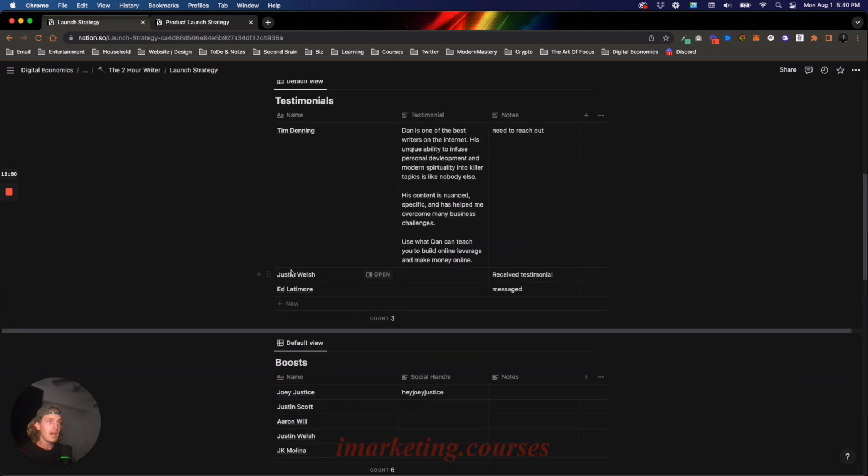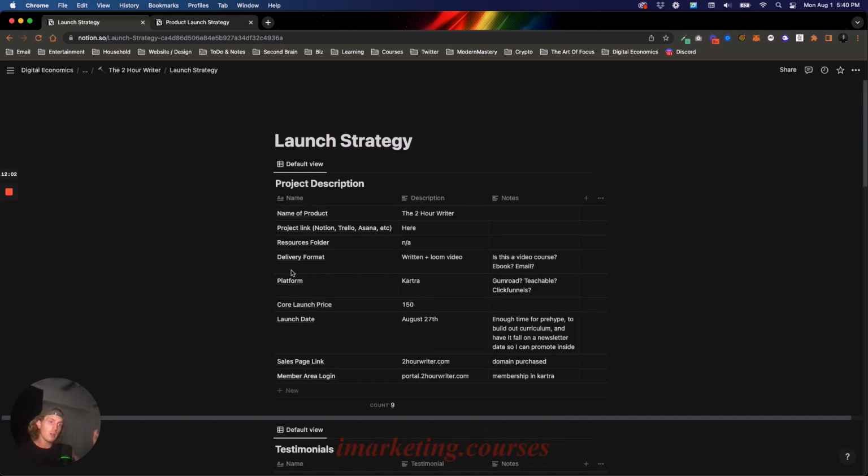So that is just a brief overview on a simplified launch strategy for this product. At the end of the day, just promote. And then launch week, promote as much as you can. That's it. That's how you make sales, is you promote. And what you say in the tweets matters, but at the same time, it doesn't. The scarcity of the price going up is what's going to get the most sales, more so than how good your promotions actually are. So that's one thing to keep in mind. But that is it for this video.